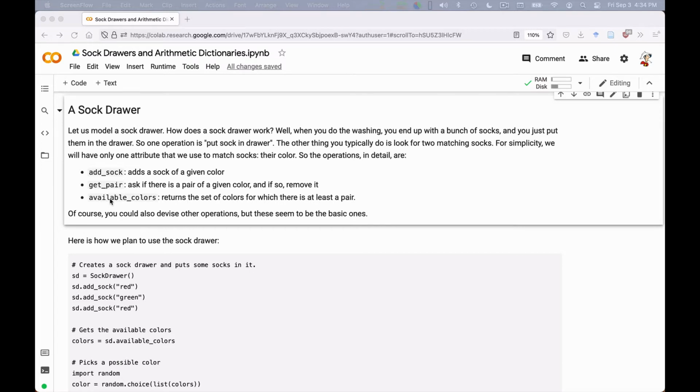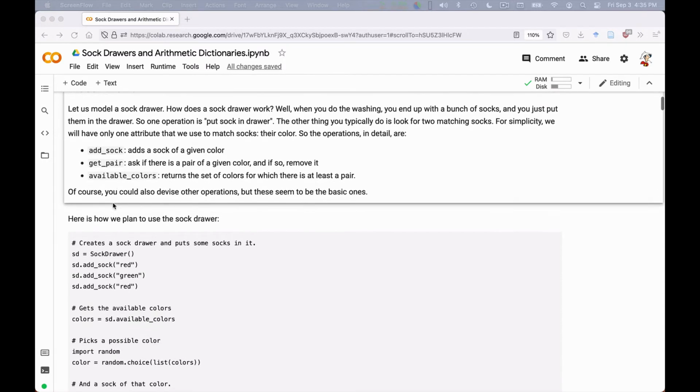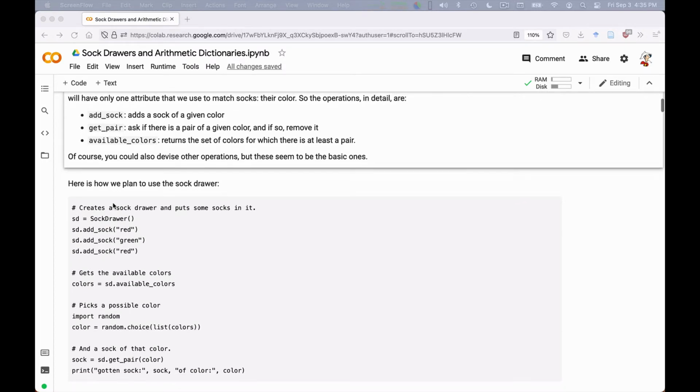So if we had the class as per our wishes, we would be able to write code like this. We would be able to create a sock drawer, add into it a red sock, then a green sock, and then another red sock. Then we will be able to get the set of available colors. It's a set because we don't particularly care about the order.